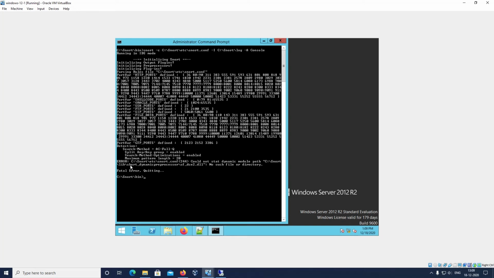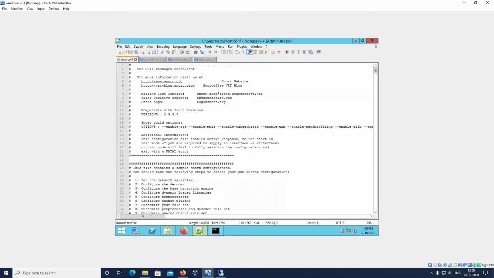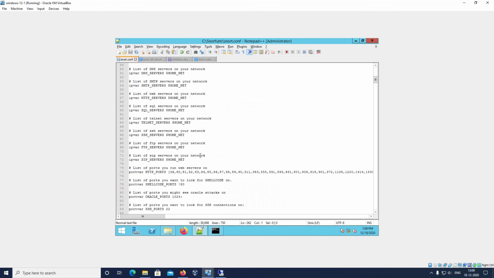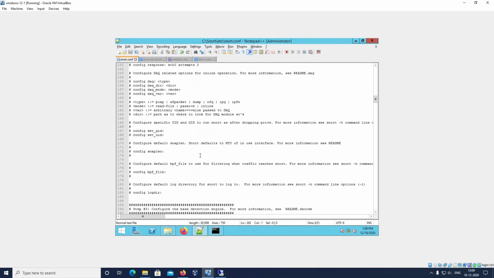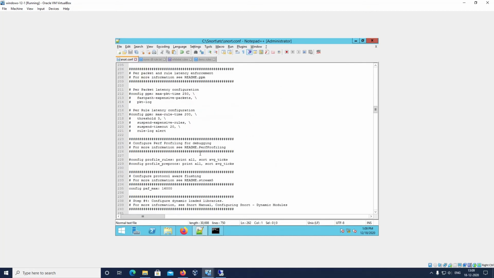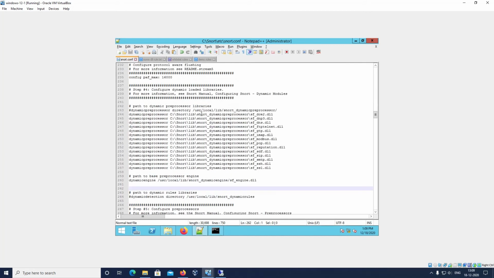So we will check once again the Snort configuration file. If anything is wrong, we will modify it, save it and run the command again.